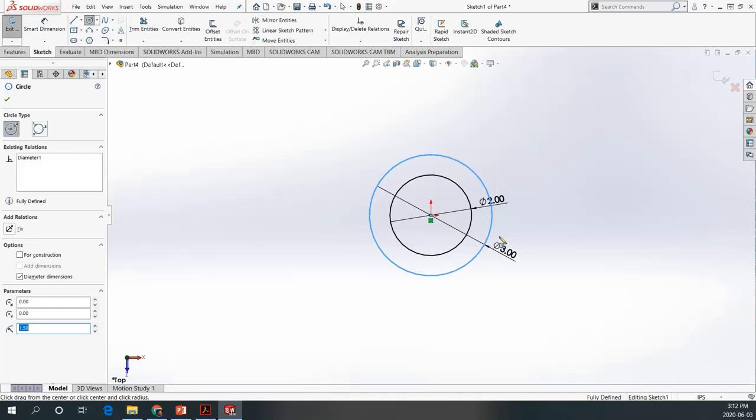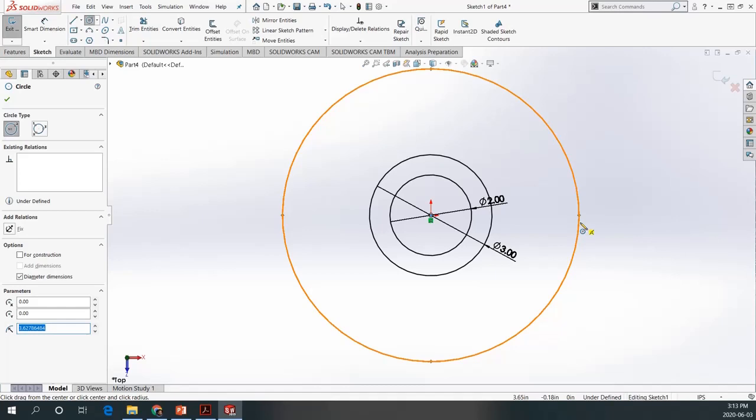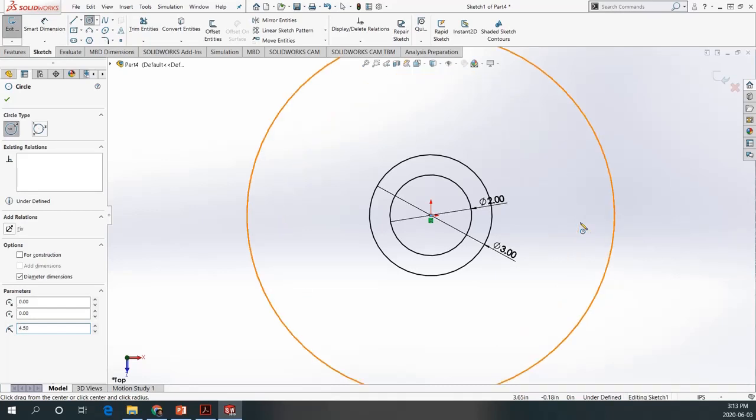And now if we look at those triangular shapes, the biggest diameter, the last one on the triangle, is radius 4.5 inches. Let me create a circle here, and I would give a radius of 4.5. Okay,